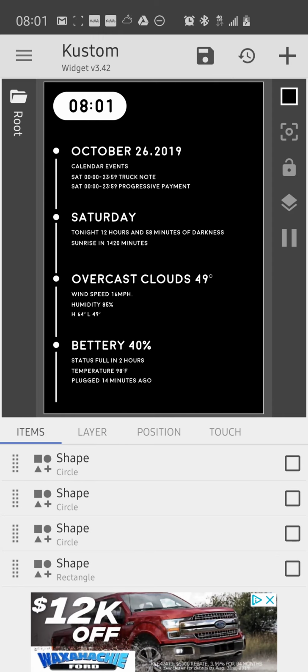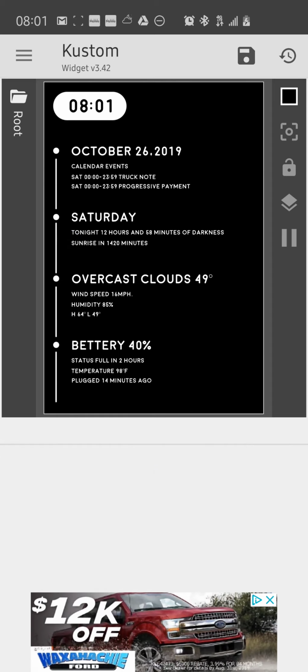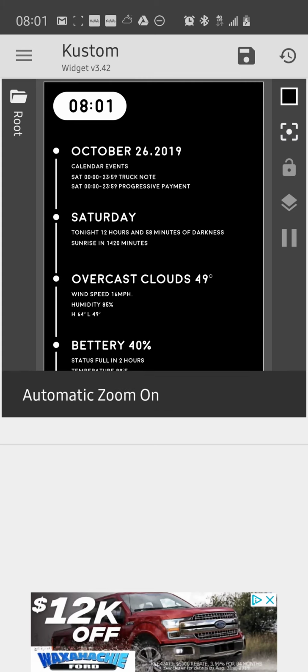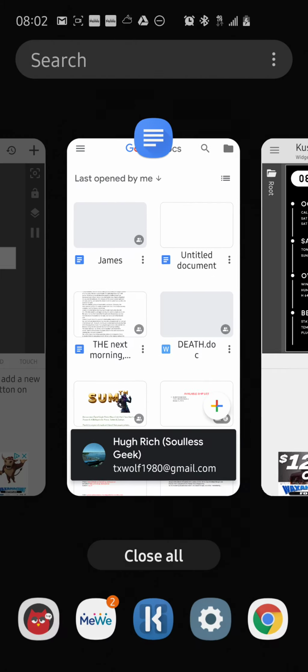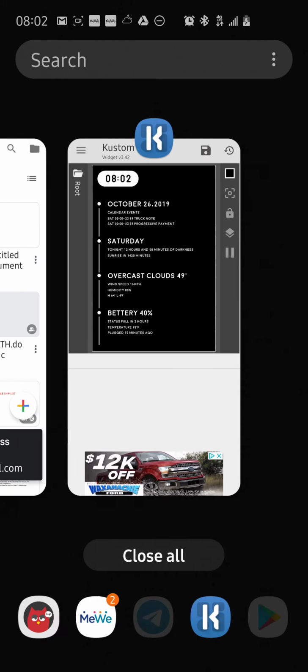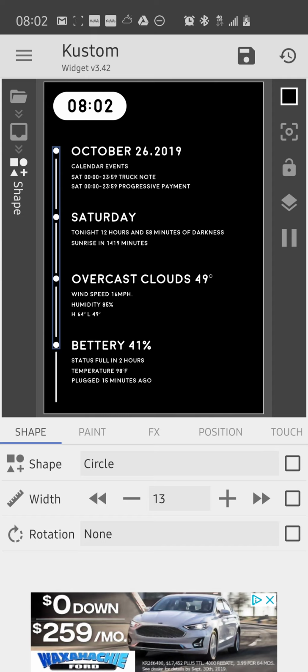So I click on, these are all the shapes. So the shapes running up and down here. Click into it. Did this once before, and I'm not sure why. So what we do is we kill it. Then we go back in. Okay. So I'll go into these shapes, click on it, and now